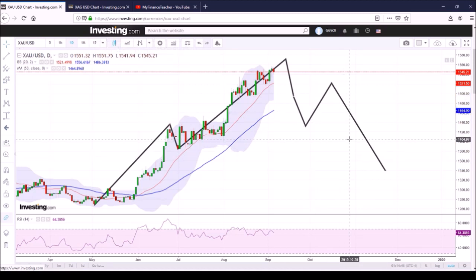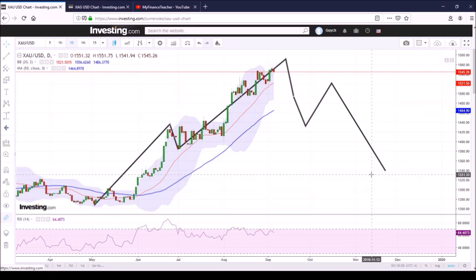I do expect something like this, as usually these declining phases within the intermediate cycle do give us some sort of a bounce and a lower low. This actually gives us a failed short-term daily cycle, where we see the previous lows broken to a lower low. The end of the ongoing intermediate cycle, which will probably happen in another couple of months or so, I think that would be a really good buying opportunity in precious metals.